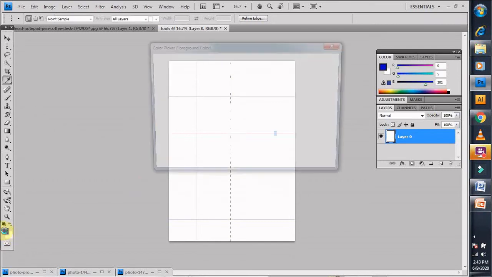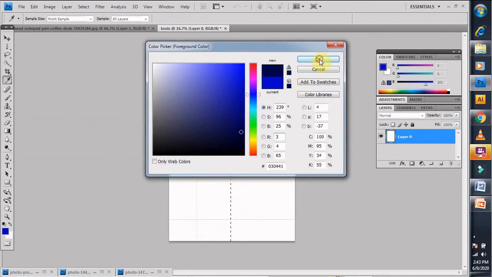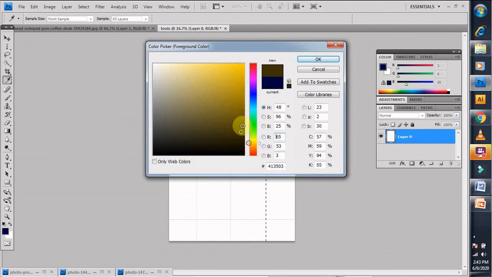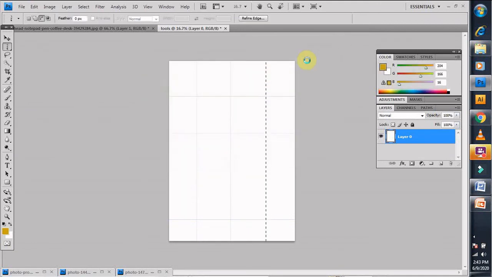Now I move to the next tool. Make it brighter. Alt Backspace, and again here, make it different and Alt Backspace. So this is the foreground color we have created. This is your single row and single column marquee tool for making rows and columns.